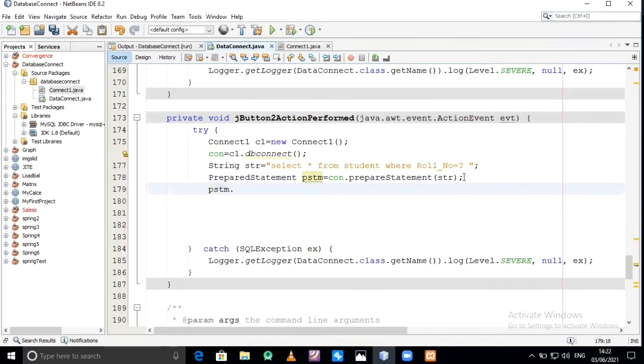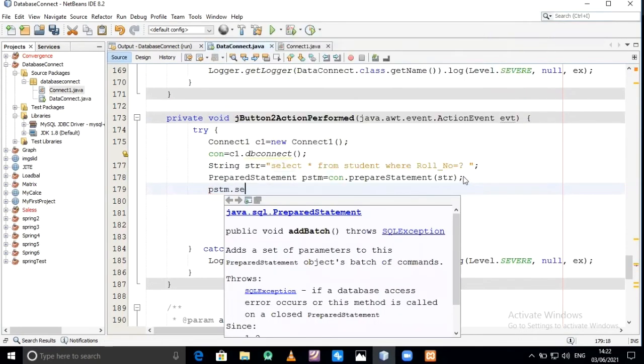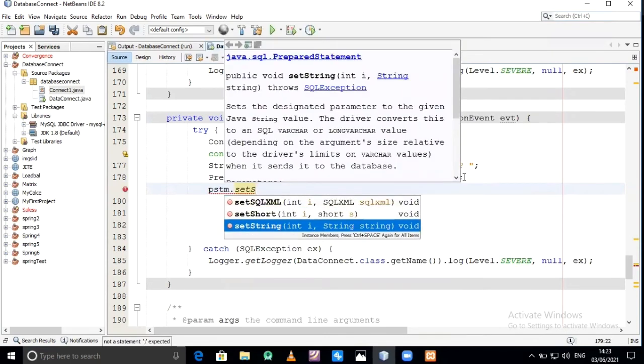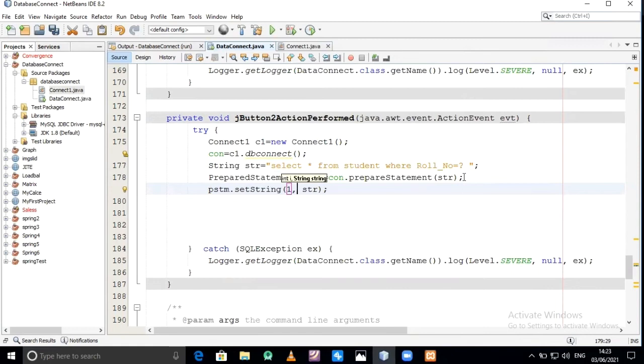pstm dot setString 1, variable name is jroll dot getText.